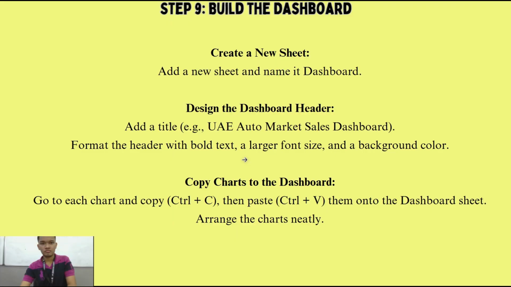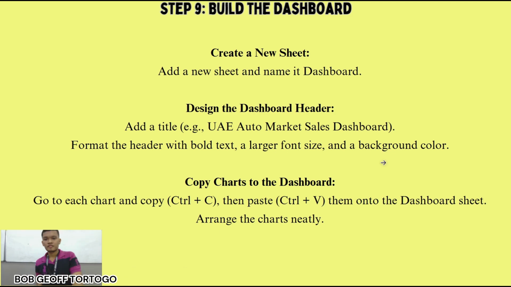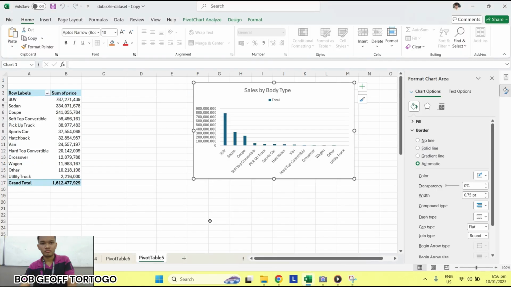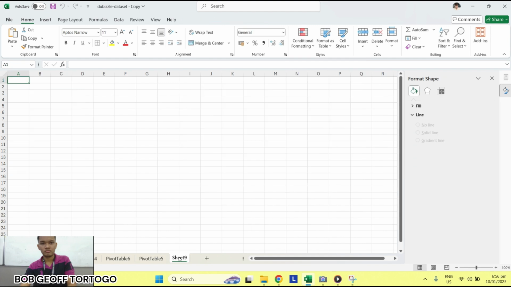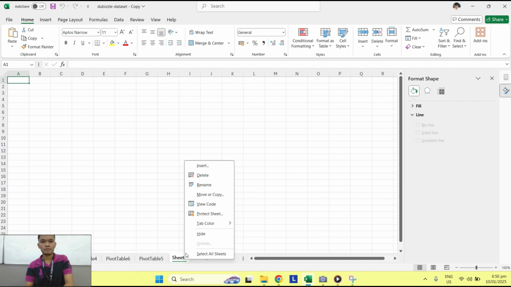Good day everyone, I am Bob Jeff Tortogo and we are now going to step 9 where we will create a dashboard. First thing we have to do is create a new sheet. After creating a new sheet, we rename it dashboard.